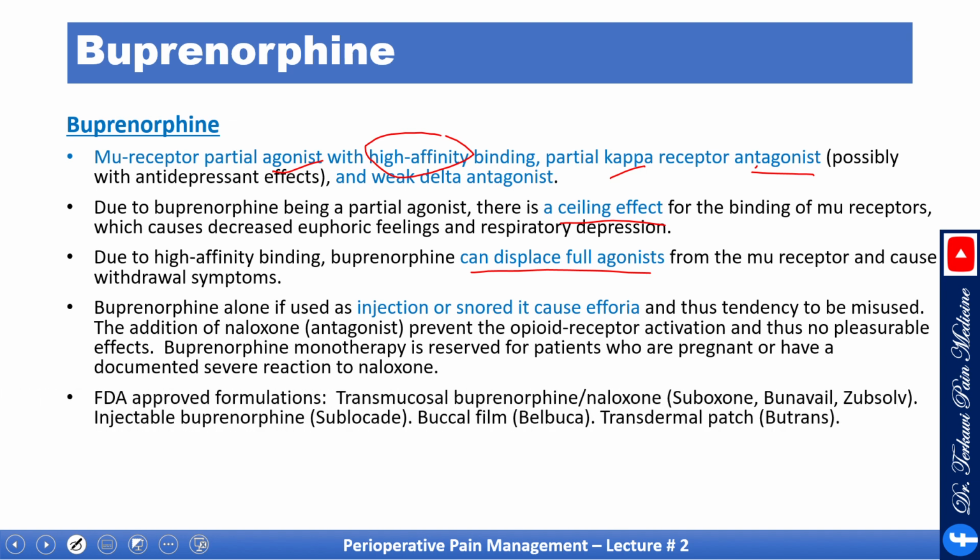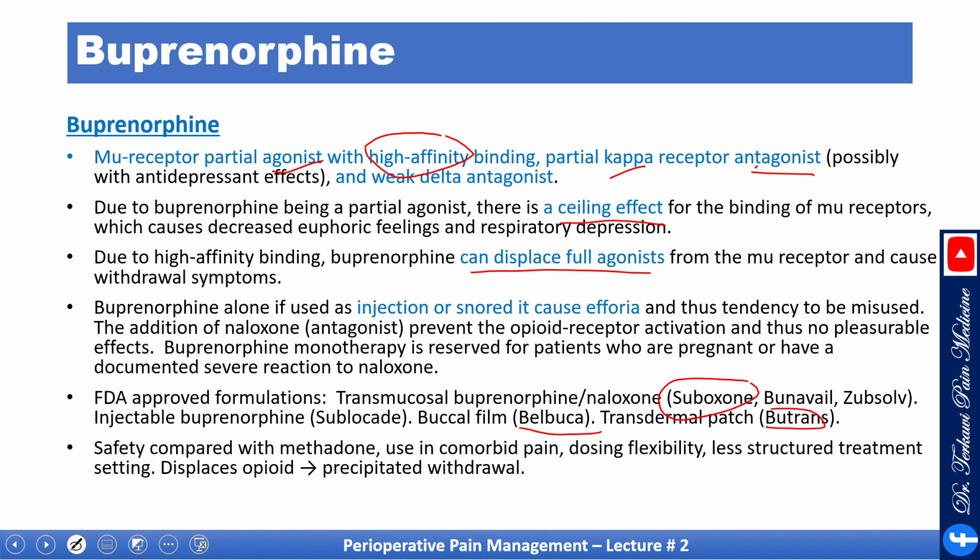FDA-approved formulations: transmucosal buprenorphine-naloxone like Suboxone, the most popular, and others; injectable buprenorphine, Sublocade; buccal film, Belbuca; and the transdermal patch, Butrans. Safety compared with methadone, use in combined pain, dosing flexibility, and less structured treatment setting. These are all advantages,